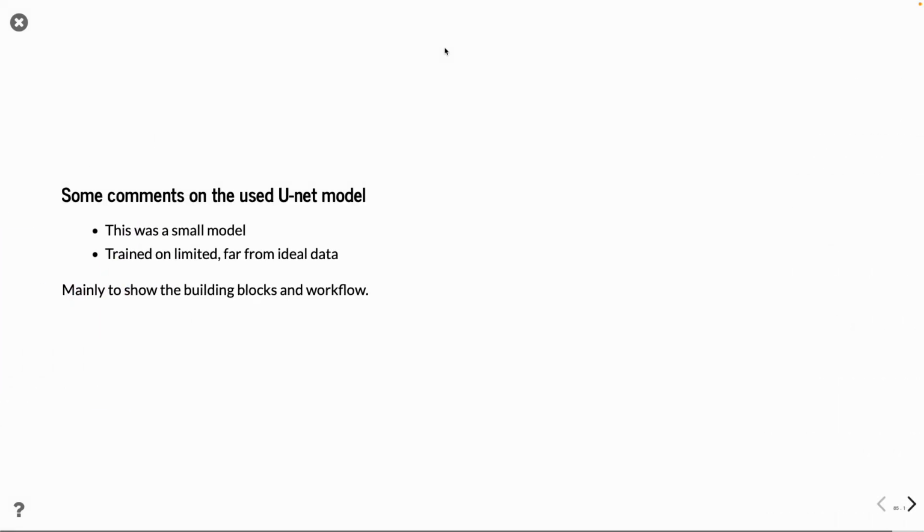So let's switch back to the last part. I'm running quite over time, but some comments. This was a quite small model. I also trained it with limited and far from ideal data, but we could see the main building blocks that are included. And if you want to specialize into this field, there is a lot more reading to do. I don't have the time during these lectures to tell you all the tricks of that trade. But anyway, you have hopefully got an idea how these networks are built up